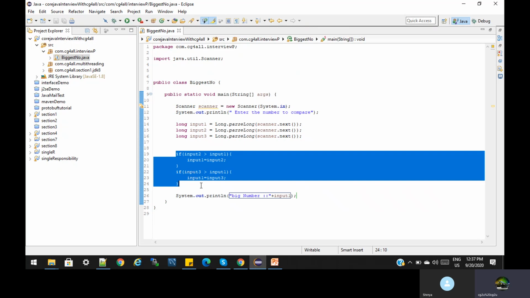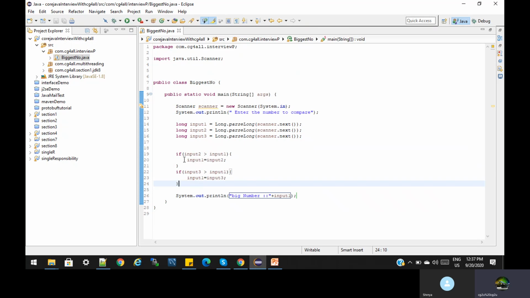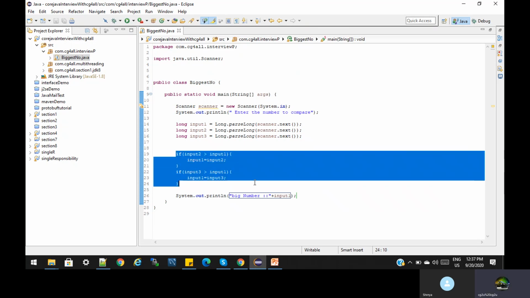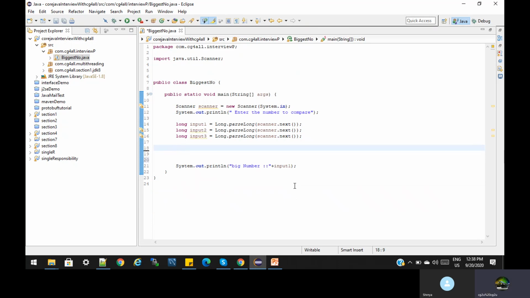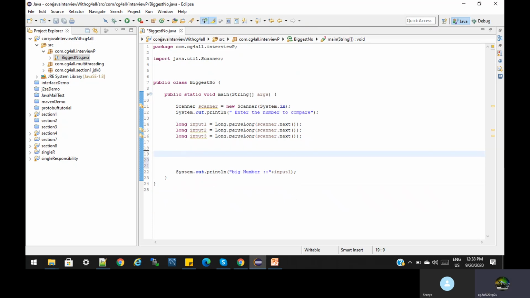Now let us consider we have to find the big number among more than 3 numbers, or more than 20 numbers. What do we have to do? We have to store the numbers in an array list. Clear? Let us try also. I am considering more than 3 numbers, but I will try for 3 numbers only. Let us consider simply an array list. It depends upon the requirement or the scenario. You can use the collections API. So I am considering only array list, right?